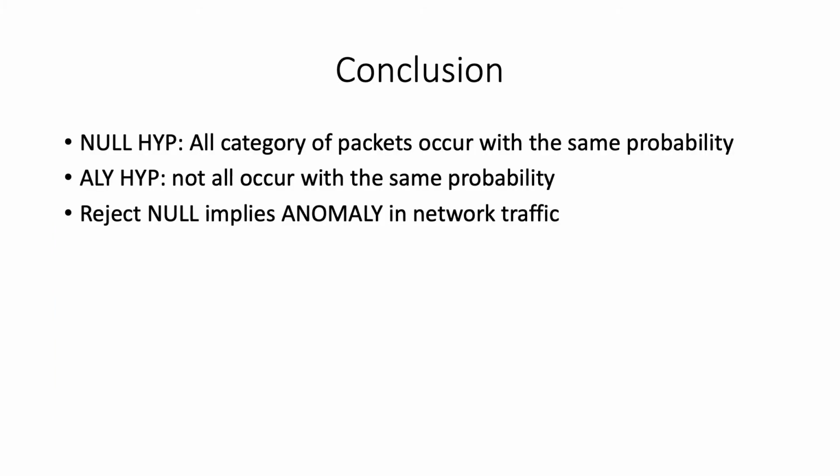So you set up a null hypothesis that all categories of packets occur with the same probability, meaning equally likely, right? An alternate hypothesis: not all occur with the same likelihood. So either you can reject the null, which implies there is abnormal traffic on the network, or not, right? And then one can go more in depth. One can use machine learning and analytics to analyze the traffic and draw